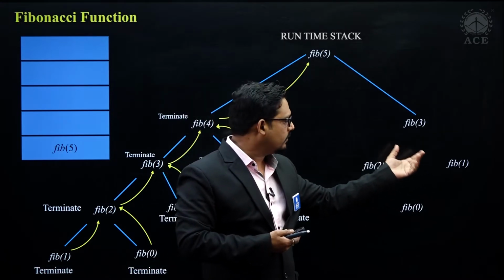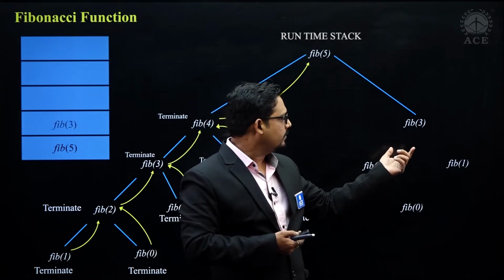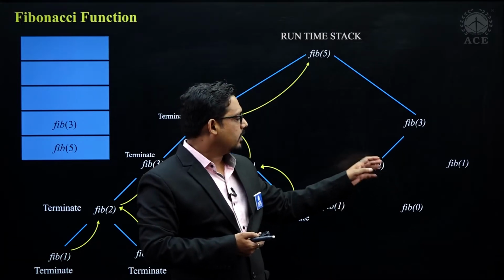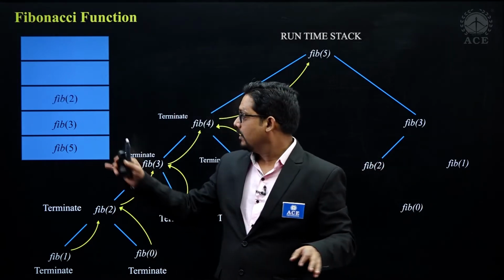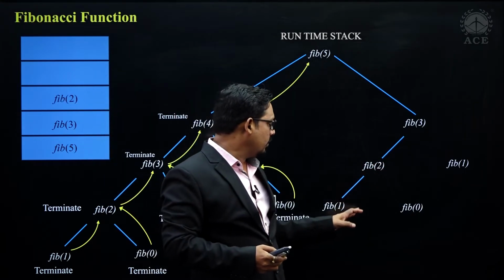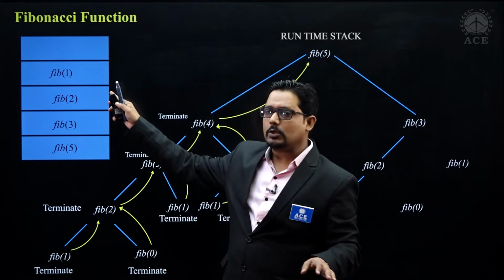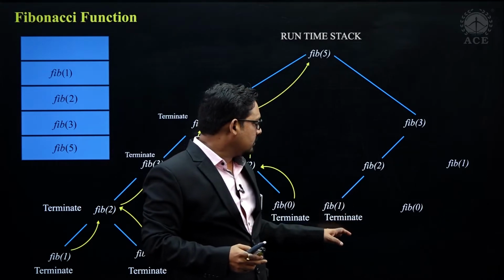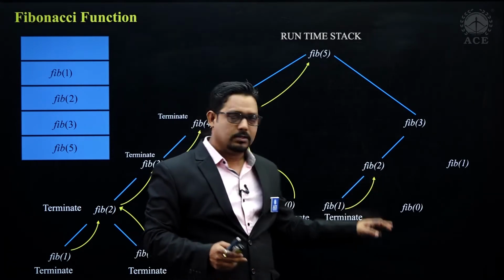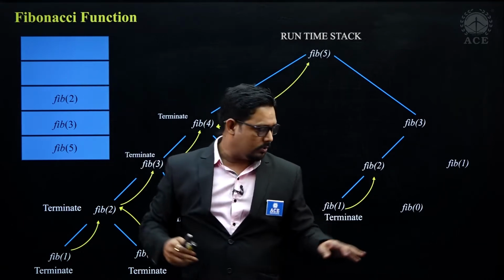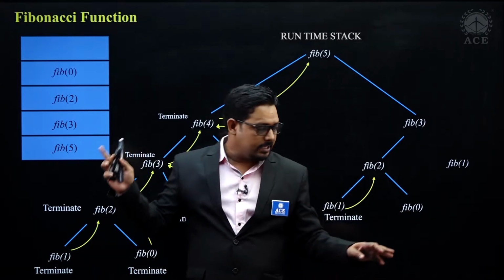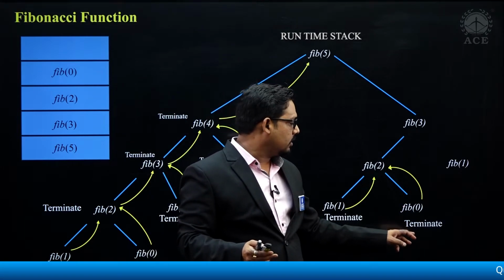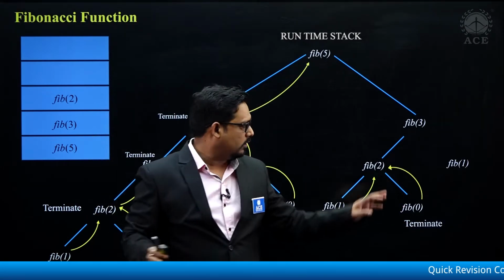Now the function to be called in this case is fib3. fib3 will have this activation, fib3 will be calling fib2, fib2 will have an activation, fib2 will be calling fib1, this will again grow up to this, finally it will terminate and control will return. Here also this will be gone, then it will call fib0, and in that case fib0 will be pushed, terminate, control will return, fib0 will be gone.